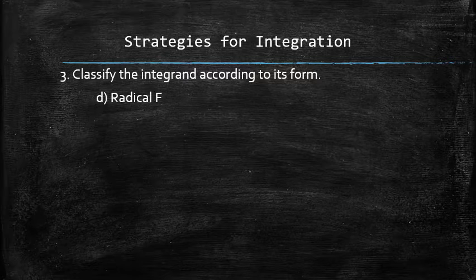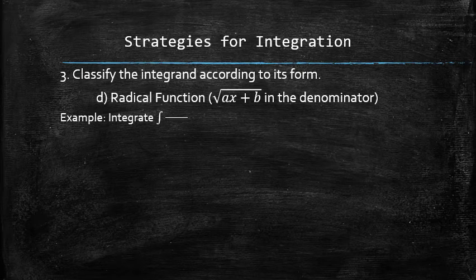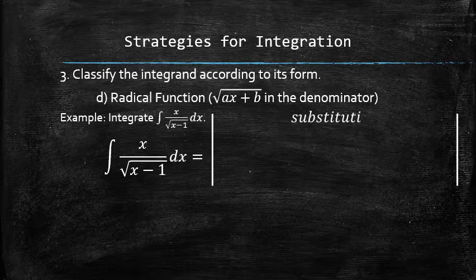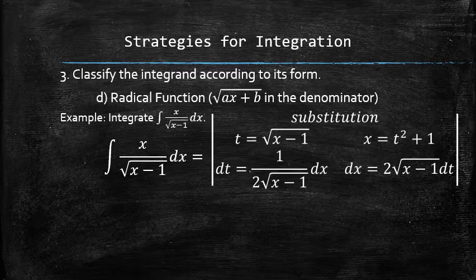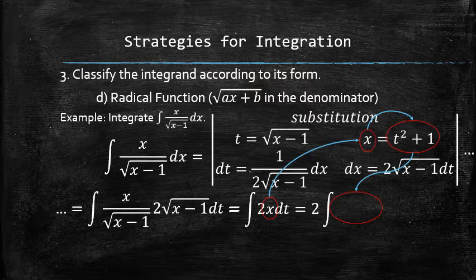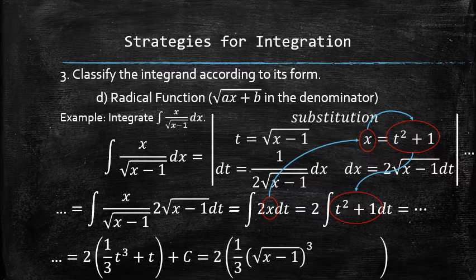We also have explored the integration of functions with the radical of a linear expression in the denominator. Let's do an example. We set up the substitution by setting t equal to the radical of x minus 1 and finding the differential of t and expressing x and dx in terms of t. As a result, we have an integral in which some expressions with x get cancelled, but what's left we replace with t squared plus 1. Once we only have t's in the integrand, we continue with the integration process by finding the antiderivative and then replacing t with the original expression in terms of x.